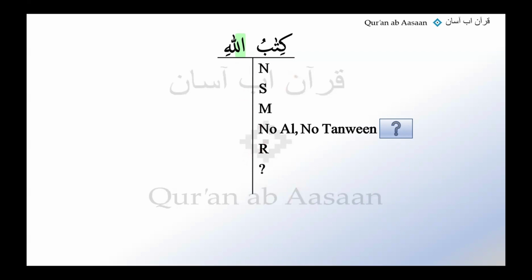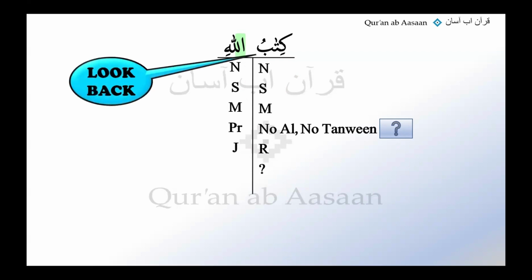Okay, there's no problem here for this Allahi. It's noun, singular, male, proper, jar. And then what do we do after that? We look back. That's one thing that I learned: instead of putting the question mark, when I see this noun in jar, I look back. But there is no Harfijar here. That's what we learned. When we look back, if we see a Harfijar here, we write then here because of he, or because of B or Lee, whatever Harfijar there is. But that's not here. I can't see any Harfijar here. So I don't have any other option but to leave a question mark here again.